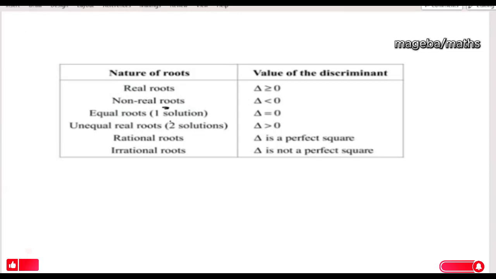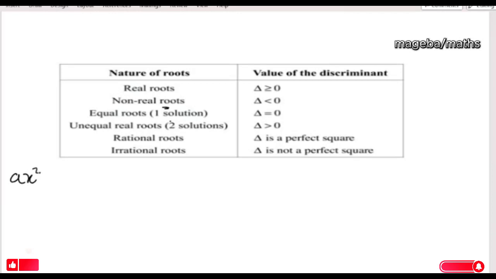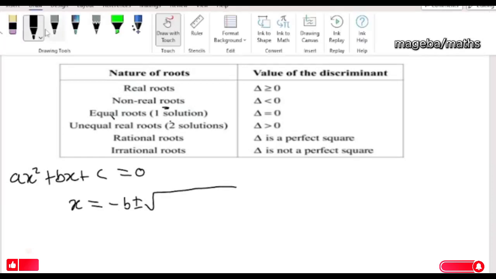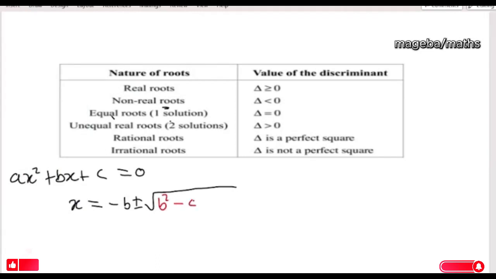For any equation in the form ax squared plus bx plus c equals 0, you can solve these equations either by factorization, or you can use the quadratic formula, where x equals negative b plus or minus the square root of b squared minus 4ac all over